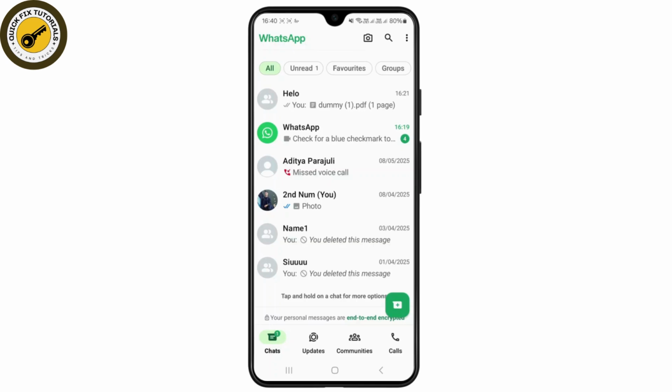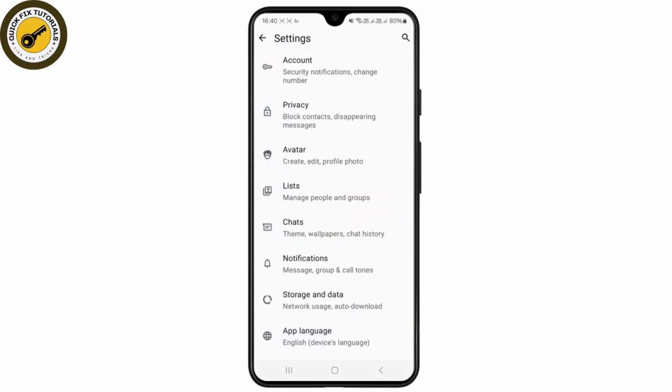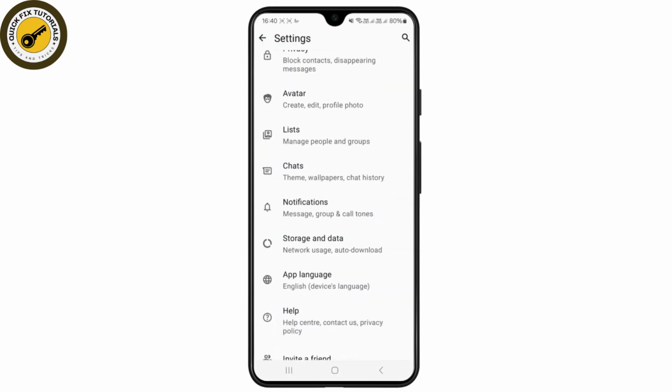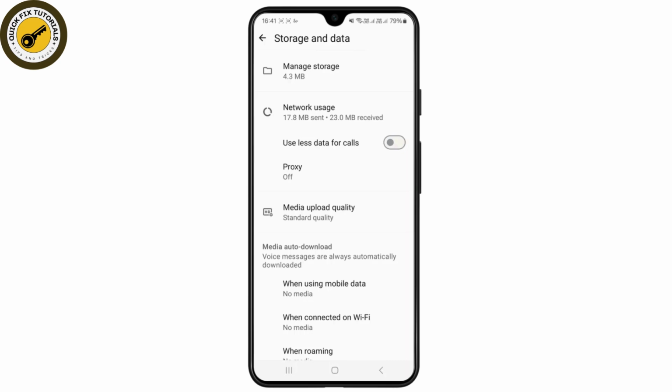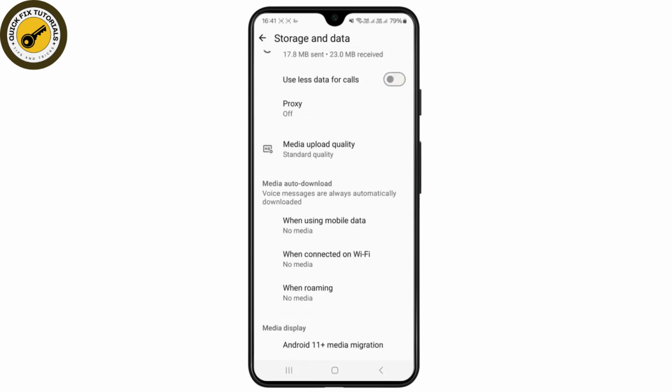To be able to automatically save the photos, you need to enable these settings. First, just click on this three dot icon and click on settings. Once you're inside here, just scroll down, and if you're using Android you just have to select this storage and data option, and if you're using iPhone you just have to click on chats. Since I'm using Android, I will click on this storage and data option and simply scroll down, and under